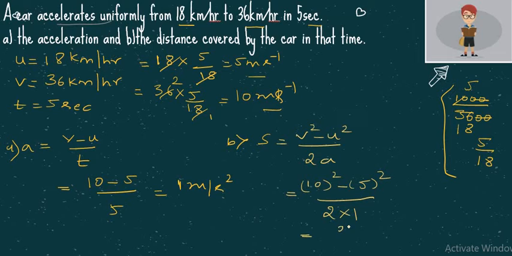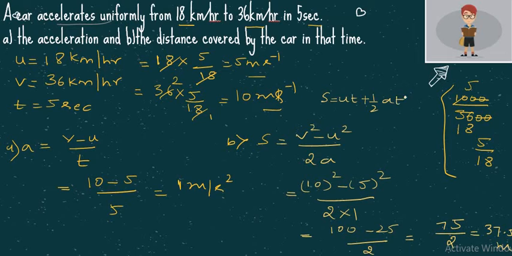That is equal to 100 minus 25 divided by 2, that is how much? 75 by 2, that is equal to 37.5 meters. You can use this formula, or else you can take s is equal to ut plus half at